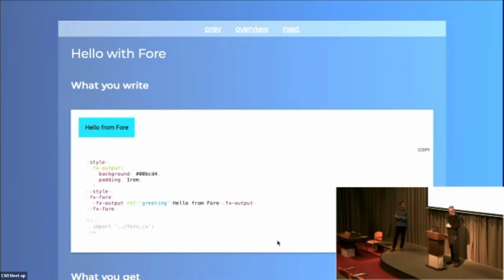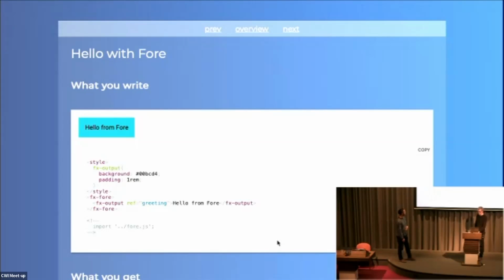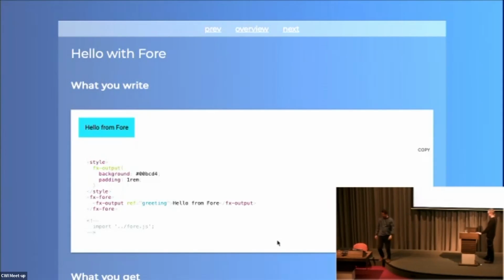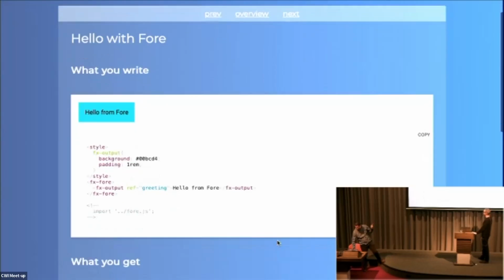So when Fore is loaded into the page with the usual JavaScript import, all the elements will be enhanced and their behavior attached. So the hello from Fore that you see on the top is actually in this FX output. What does an FX output do? What I remember is that it binds to an element that is referenced in the ref attribute, right? And so what we see here is actually